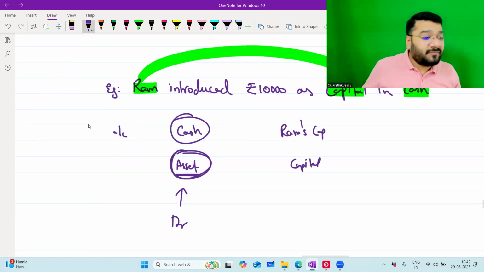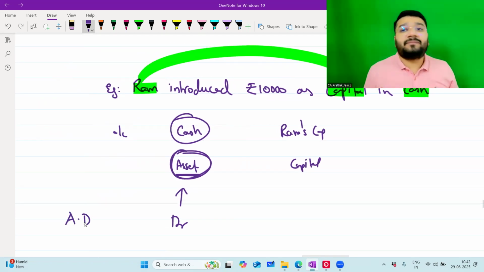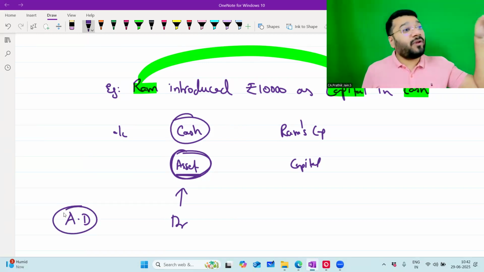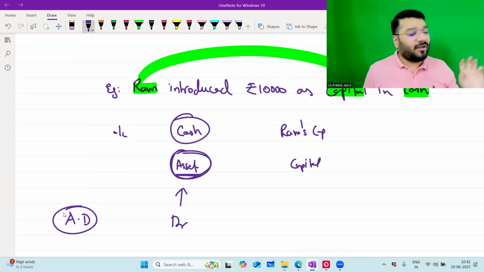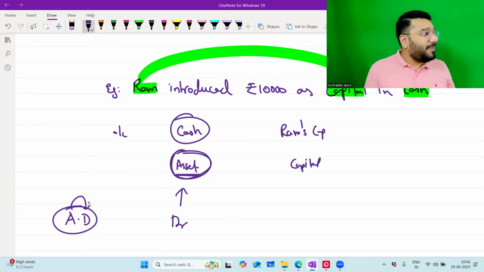Sir, how do we remember that? AD. All of you know AD? You studied this in history. AD, BC. You all studied history, or you never studied history? Like how we were harassed, you were also harassed with history. Wonderful. Then no problem. AD, BC: before Christ, after death. That is the full form, no? Asset, increase, debit. I'm giving an idea to remember.